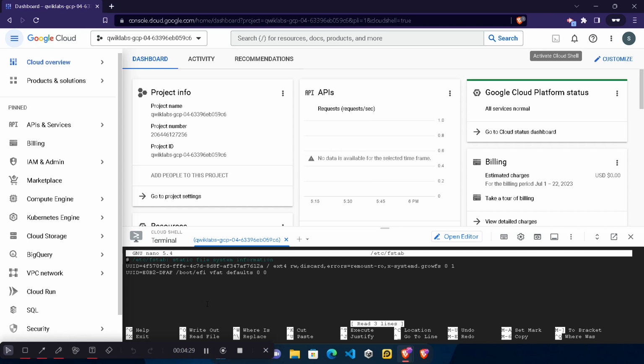Now here what you need to do, you need to simply remove these 2 lines with the help of your keyboard. So use the arrow keys to navigate to the end of the lines and start removing all the paragraph or the whole thing. Okay, so remove it one by one, or actually remove it very carefully. Don't remove any extra thing. Let me remove it. Keep removing. Once you remove